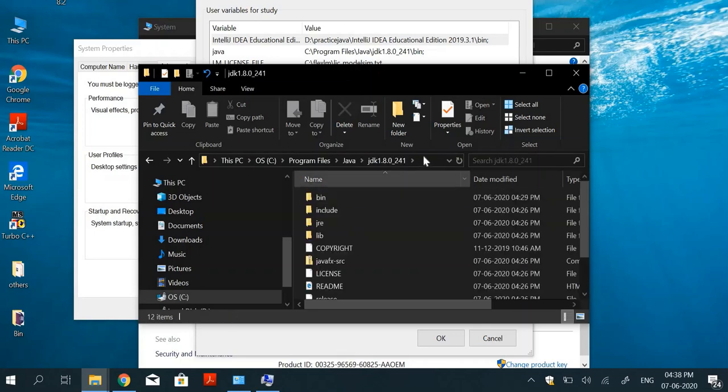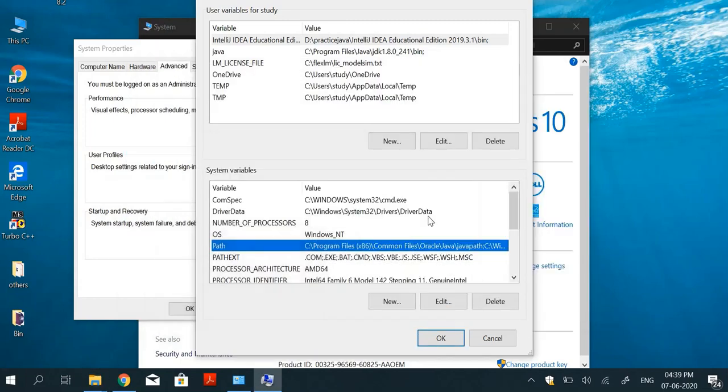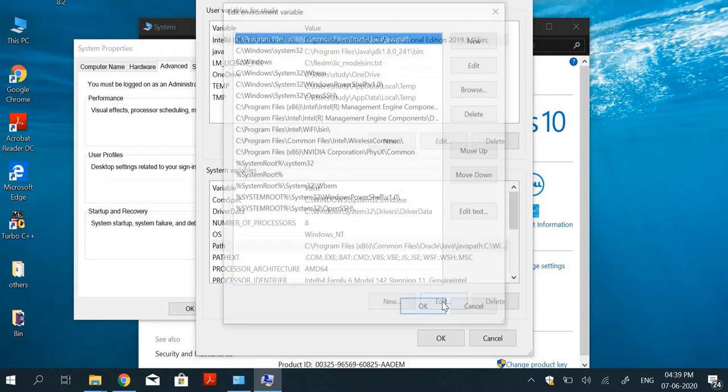Click on JDK and copy this path, select all, Control A, and this one Control C, and after this you have to go here and click on edit.